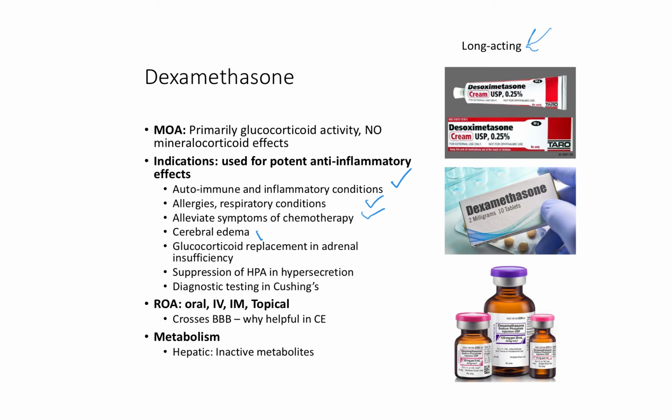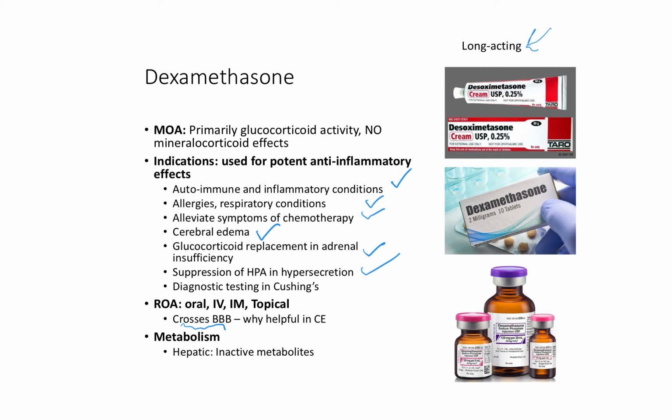It's also useful for cerebral edema, and the reason for that is it actually crosses the blood-brain barrier. And in order for something to work in the brain, it's got to get to the brain. So that makes dexamethasone a good choice for treating something in the brain. Glucocorticoid replacement in cases of adrenal insufficiency. And you might know that this is used in the case of suppression testing. So if you give a huge dose of dexamethasone, you can suppress the HPA axis